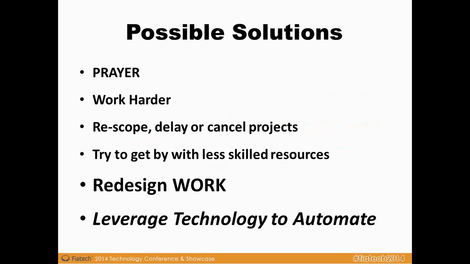Possible solutions. I kind of like number 1 and then the last 2. We're going to have to redesign the way we do work. We need to rethink the whole work process. Everything we've done in the past, we need to really ask, is that the best way to do it? And in doing so, we've got to figure out, with the technology and automation possibilities we have today, how would we redesign work? How would we look at the way to accomplish things, both in engineering, procurement, and construction? Next slide.